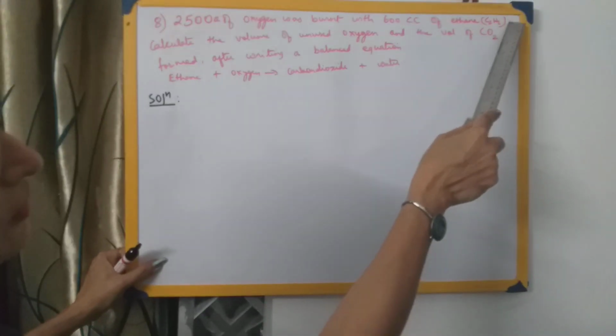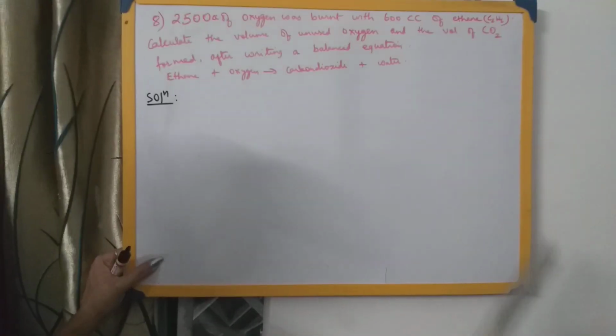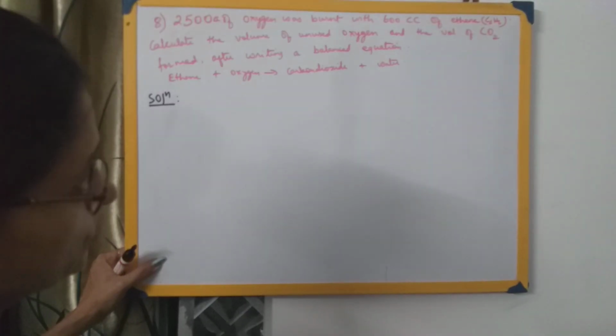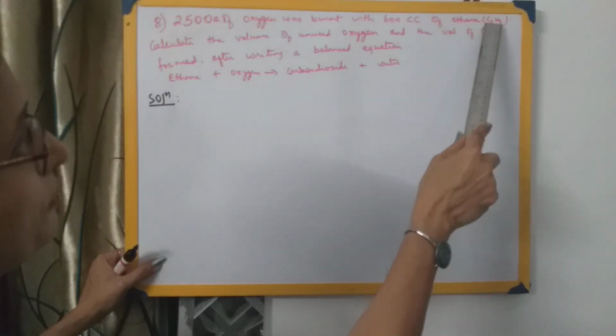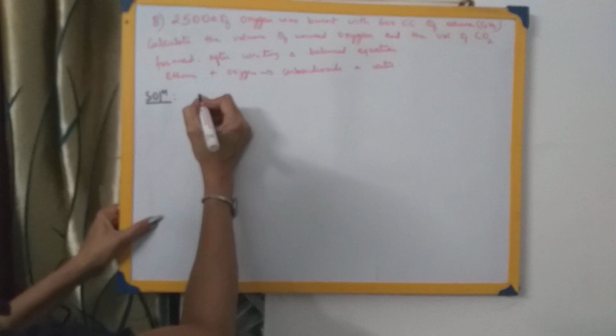It has already been given, the formula for ethane. Even if it's not given, you remember it, you learn it, that ethane is C2H6. When I'll be explaining organic chemistry, then I'll explain how we get this formula. So at the present moment we'll not go into the detail how we get this formula C2H6. In organic chemistry we'll be going into detail. Let me first write down the equation, then I'll explain.